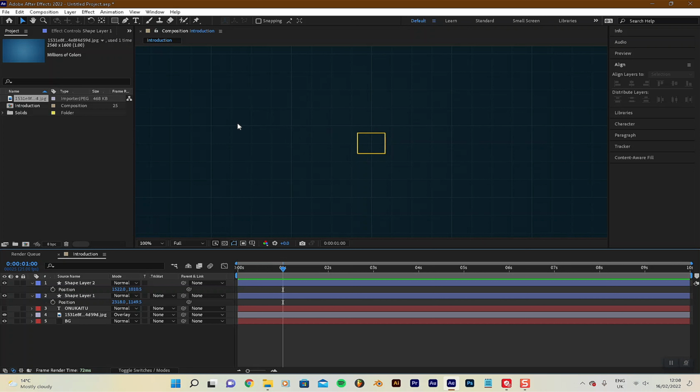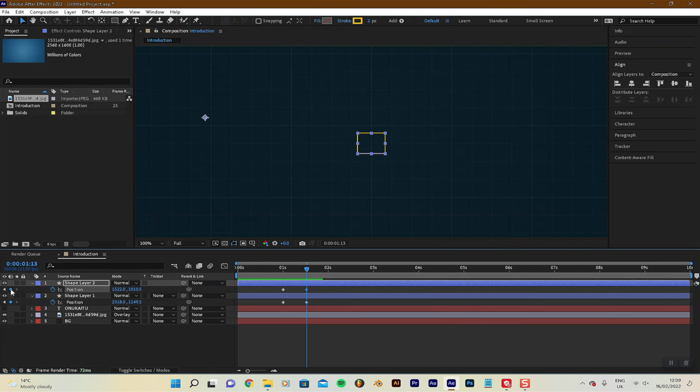So you then want to set keyframes for the position of both of these shape layers, and you then want to come to 1 second and 13 frames and